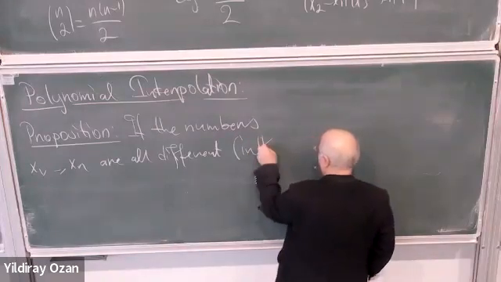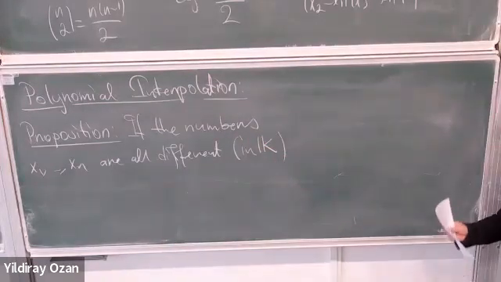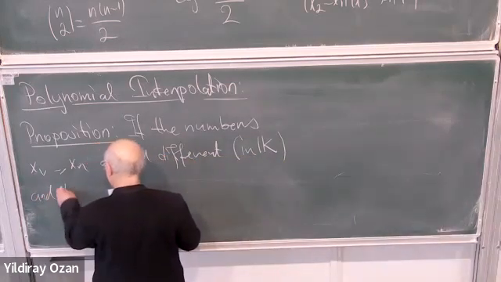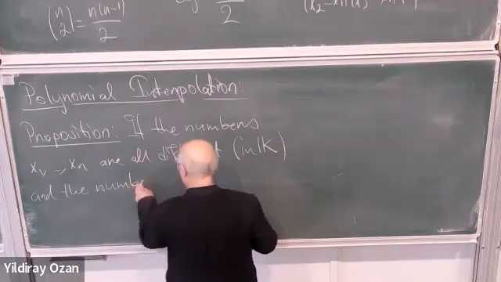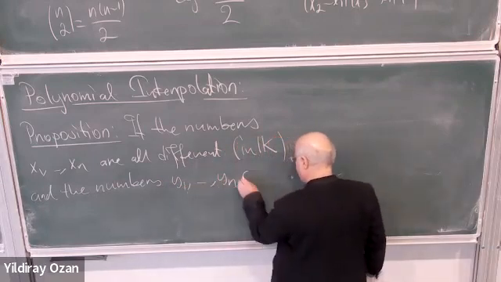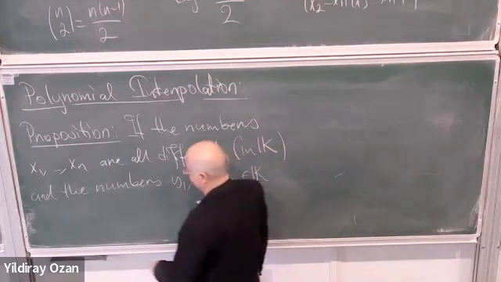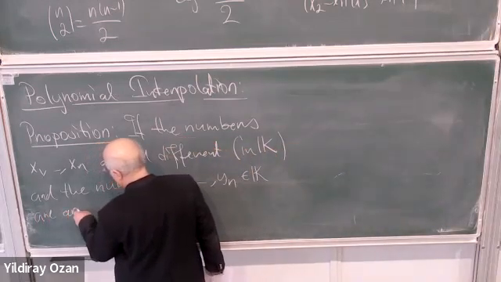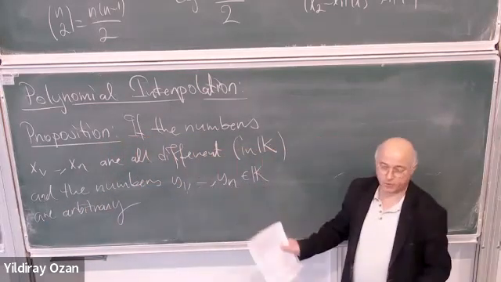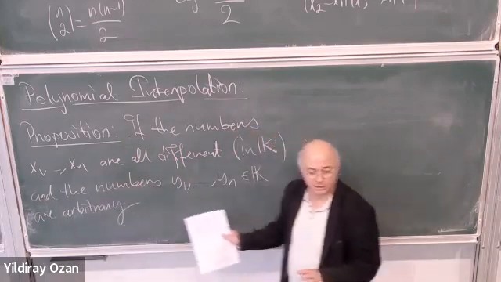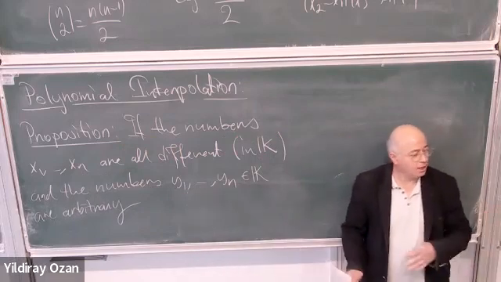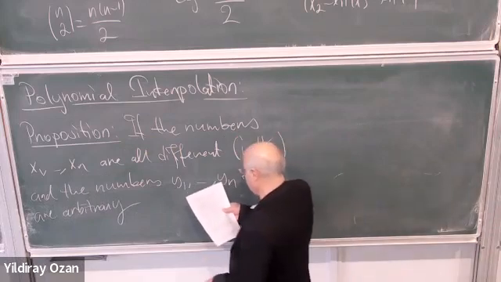in whatever your field is, not necessarily real numbers, in any field, and the numbers y1 up to yn are arbitrary, so these numbers don't have to be distinct. The xi's are distinct numbers, but these are arbitrary numbers. You may choose, for example, all of them to be 0, anything you like. Then